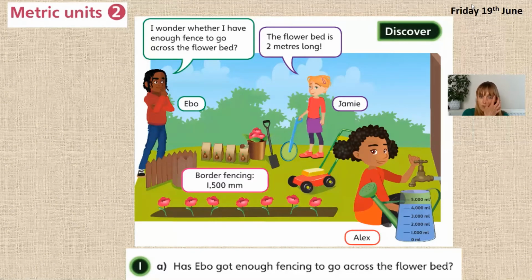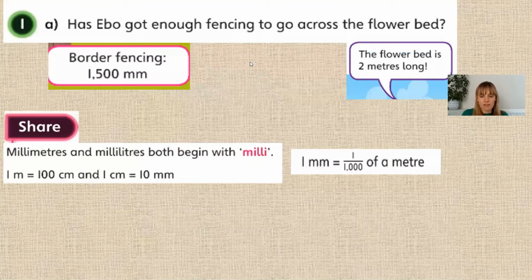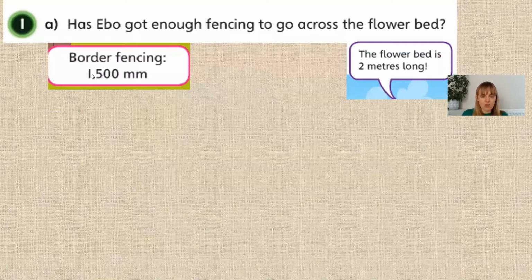Now the border fencing comes in 1,500 millimetres of length. And then at the top, you've got Jamie saying the flower bed is 2 metres long. So we're going to have a look at, has Ebo got enough fencing to go across the flower bed? Let's have a look. I've just put up here the question again, and you can see that the border fencing that he's got is 1,500 millimetres and the flower bed is 2